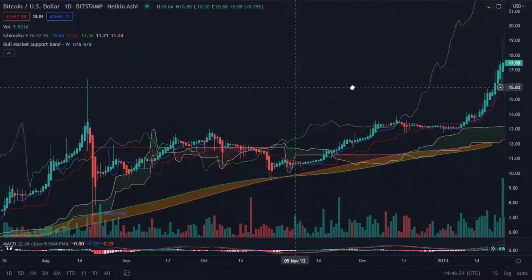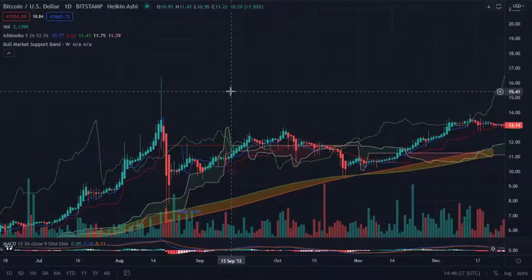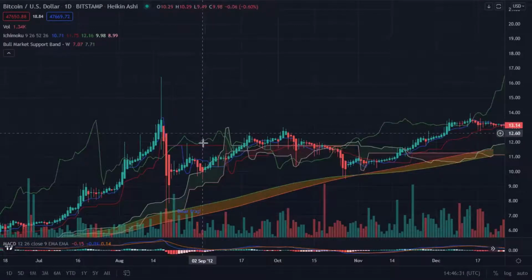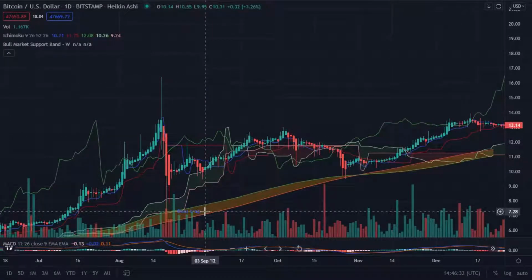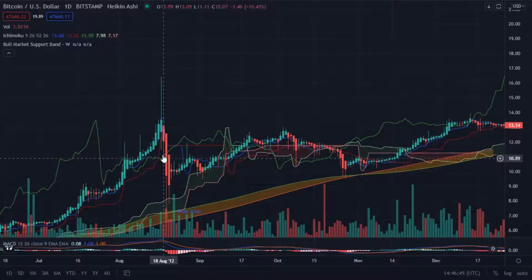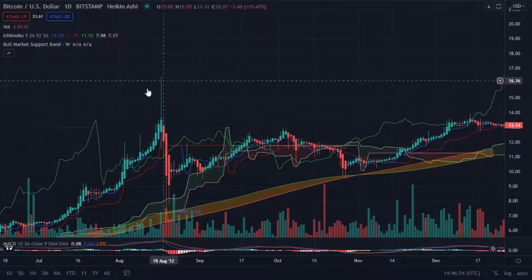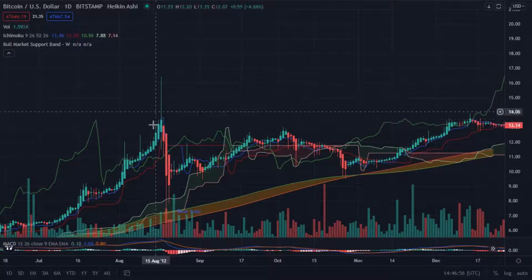If we go back, we can look at what happened. Price hit about $16.40 and came all the way down to about $7.28, which is approximately 55% in a very short period of time. These are days on this graph, 1, 2, 3, 4 or 5 days. A lot of people lost half their money if you bought up here on green.